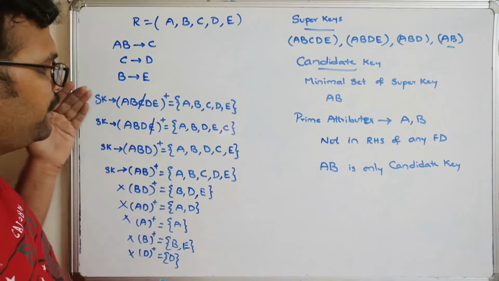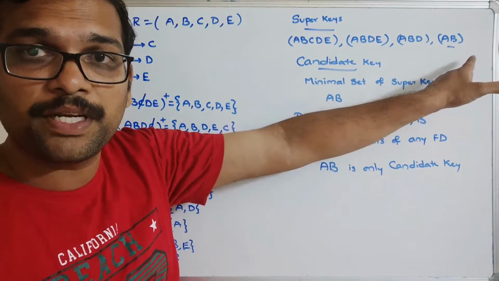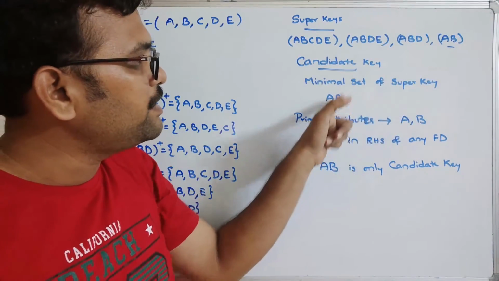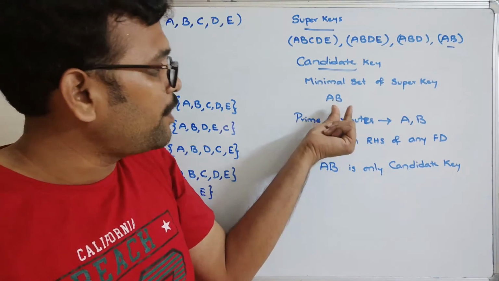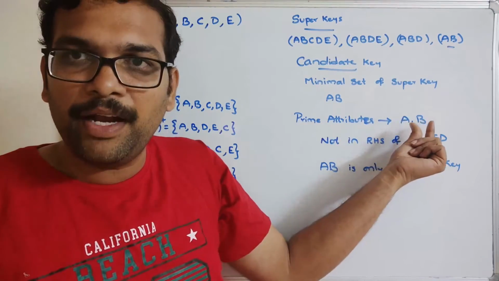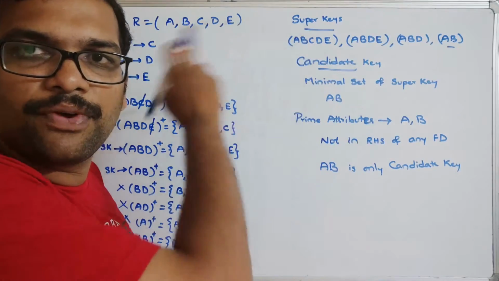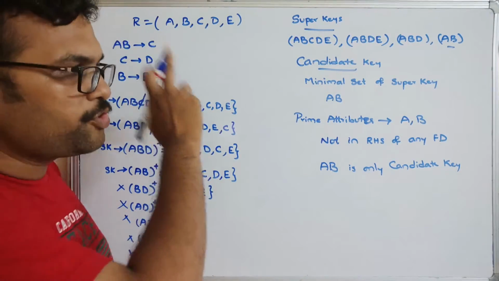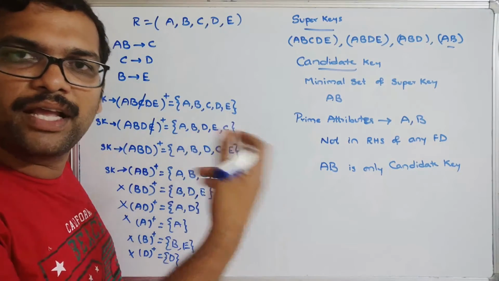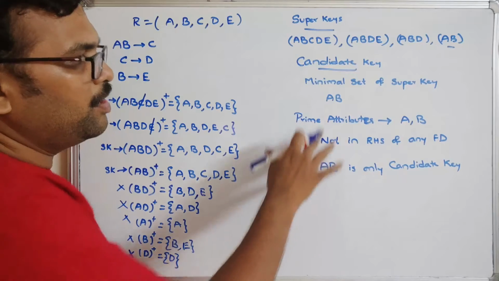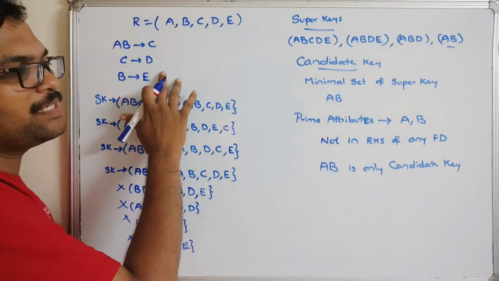Right? So first we need to find the closures, and after that we have to identify all the super keys. From that we have to finalize the candidate key, and we can't say that that's the only candidate key. So from that particular candidate key we have to find out all the prime attributes and check whether any one of the prime attributes is on the RHS of any one of the functional dependencies. If so, just replace that one with the corresponding LHS and follow the same procedure and find out again the candidate key. Right? But here the prime attributes are A and B which are not in the RHS of any functional